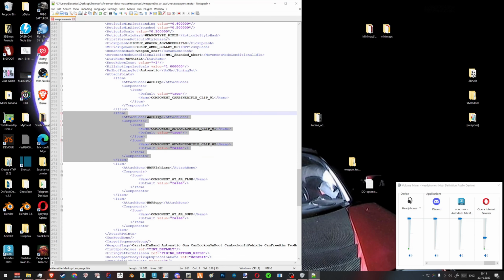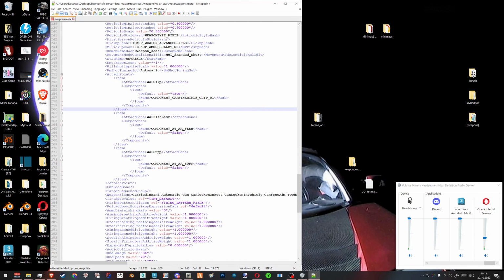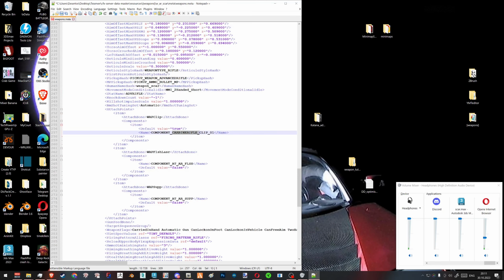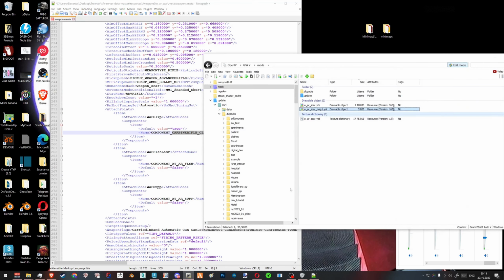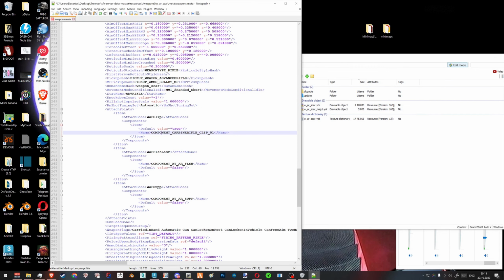So we remove them as well. So we have two vanilla components left, and we have this component, carbine rifle mag, but we have our own mag, and we just make its name here. So everything that's true is going to be spawned on your model in your hands by